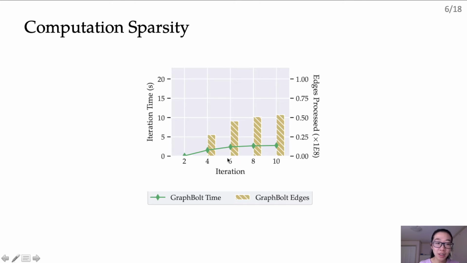So in the plot, the x-axis is the number of iterations as execution progresses, while the left y-axis is the iteration time, which is shown by the line points here. The right y-axis indicates the number of edges processed in each iteration, and this is shown as bars here. So with GraphBolt's dependency-driven incremental refinement, the time taken in each individual iteration increases, and this is mainly because the number of edges that get processed increases, since the stabilized values need to be propagated in the rest of the